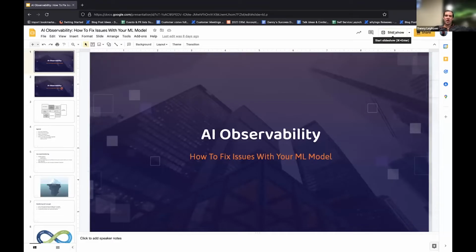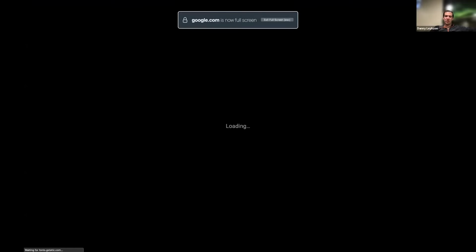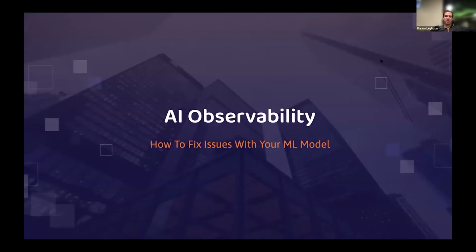Jimmy, I think you did a really good job of overviewing a lot of the components of what's going on in the MLOps space, and especially highlighting the fact that there's a lot of immaturity in MLOps. That's something that I'm going to be talking about as well in my AI observability presentation, because honestly, I think that there is a lot of learning that we can all do around what are the best ways to make sure that we're implementing our models well in production, that we're deploying them, and that we're ensuring that they're able to stay reliable.